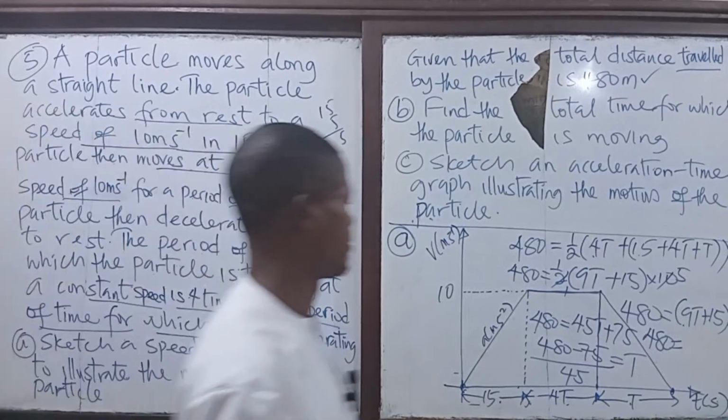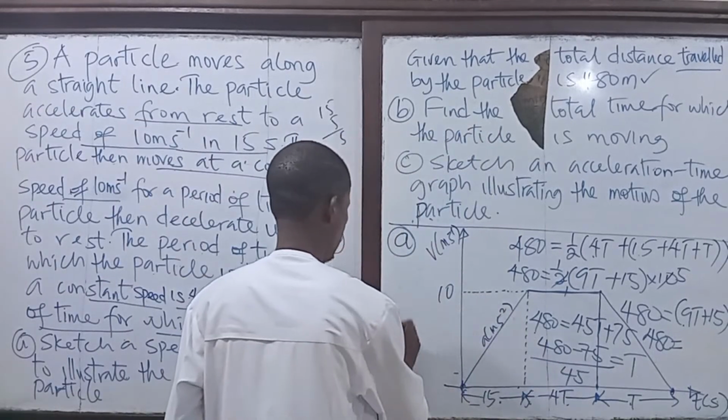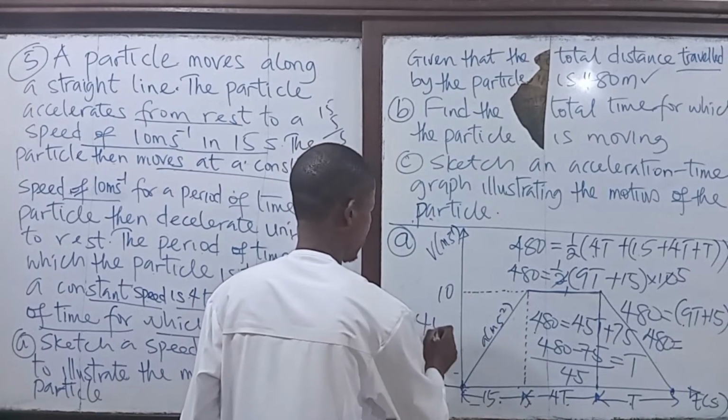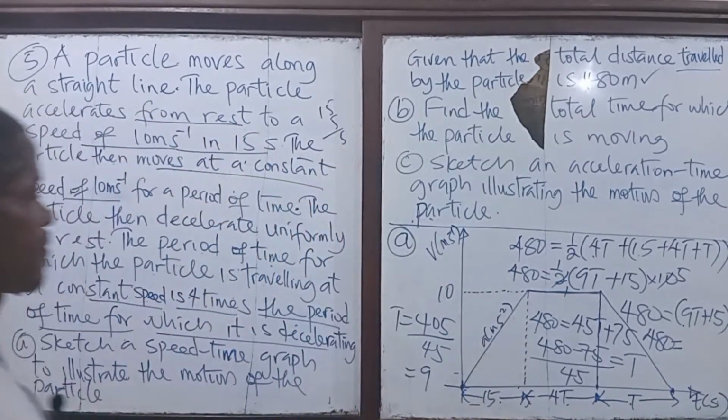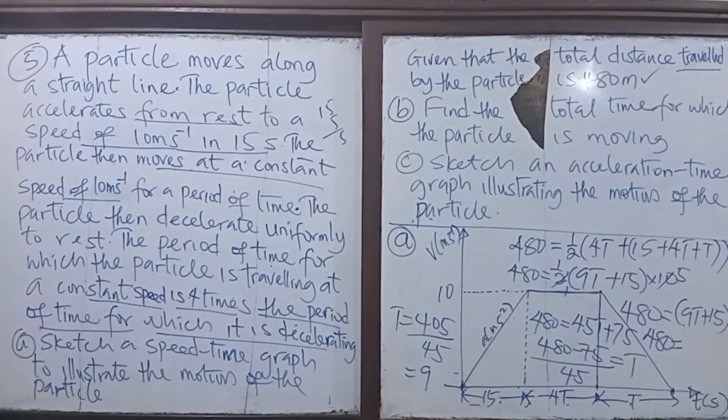Okay, 480 minus 75, that's 405. T is 405 over 45. Calculator, t is 9. Okay, t is 9. So the total